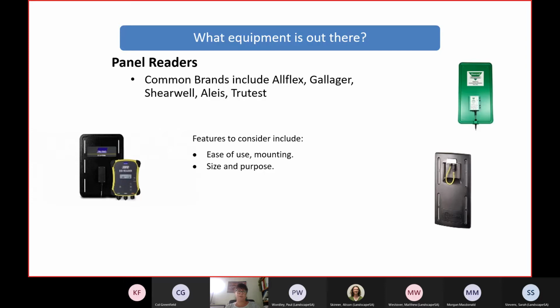So obviously what you need for cattle and sheep, it's related to the size of the panel reader to be able to pick up that tag on the animal as they're coming through a drafting race. They also can be quite portable. So this is what we use, both the TrueTest and the Gallagher on our pregnancy scanning crates when we're recording